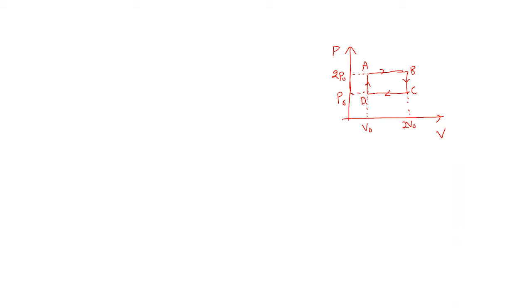and B to A. So what is the heat supplied in the process A to B? You have to apply the first law of thermodynamics. dQ A to B is equal to dU A to B plus work done from A to B. So heat supplied in the process A to B is dU. What is the formula for dU? n by 2 f R dT, or n Cv dT.